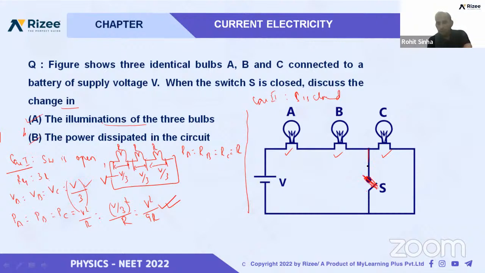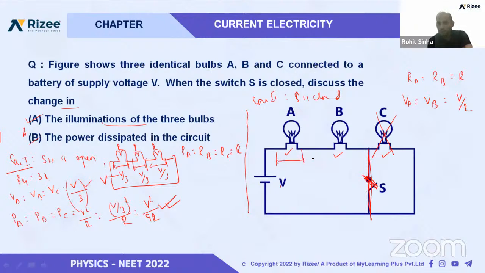If the switch is closed, this becomes a short circuit. This becomes useless. Okay, now what happens? RA is equal to RB is equal to R. It remains as it is. Now VA is equal to VB, and it will be equal to V by 2,